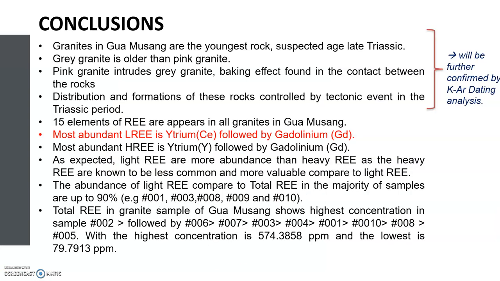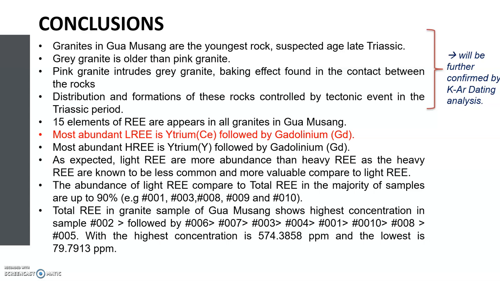For the conclusion, as expected, light REE are more abundant than heavy REE, as the heavy REE are known to be less common and more valuable compared to light REE. The abundance of light REE compared to total REE in the majority of samples is up to 90%. The total REE in the granite samples of Gua Musang shows the highest concentration in sample 002, followed by 006, 007 and others,